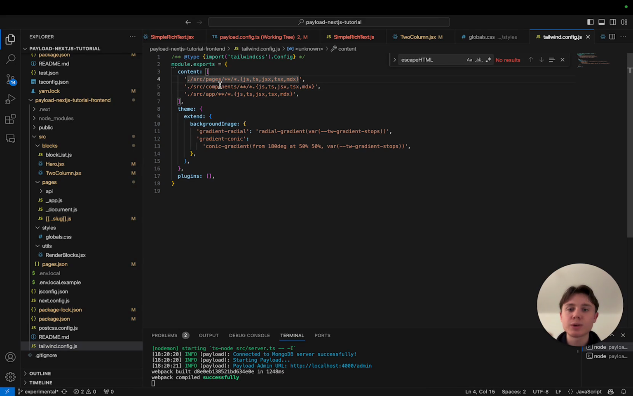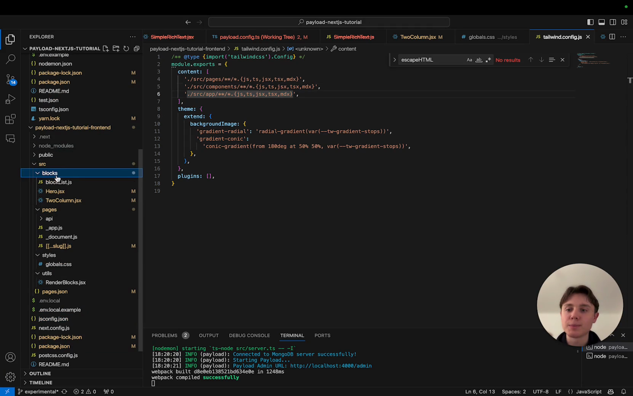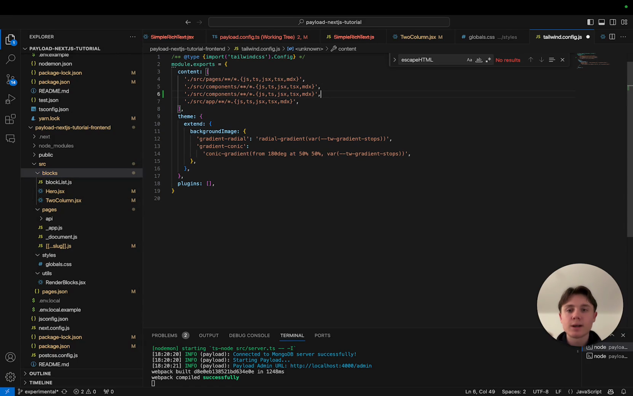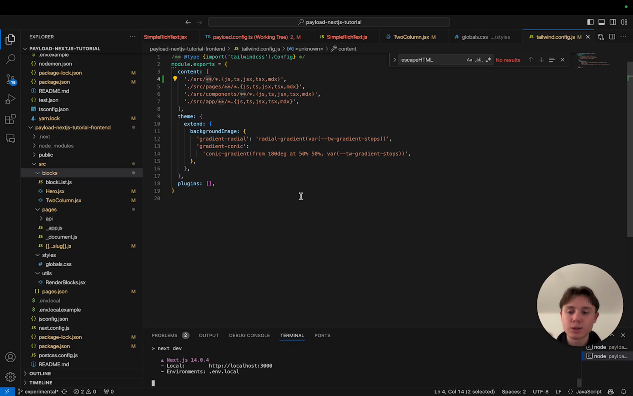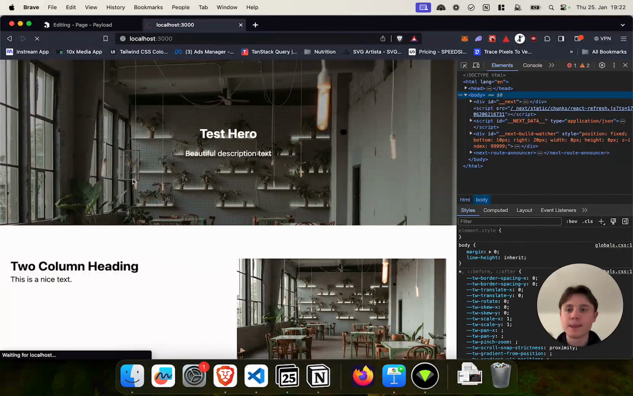We have the pages, we have the components, and we also have the app directory in the source folder. However, since we are working with blocks and we put them in our blocks folder, they actually don't even get seen by Tailwind. So what you can do is either just replace the components or add another path here which says blocks. What you can also do is just create one single import here that basically imports all subfolders of the source directory. Now this should actually do the trick, and if we just restart our front end real quick, yeah, as you can see,